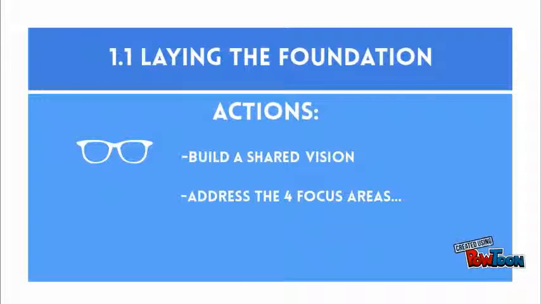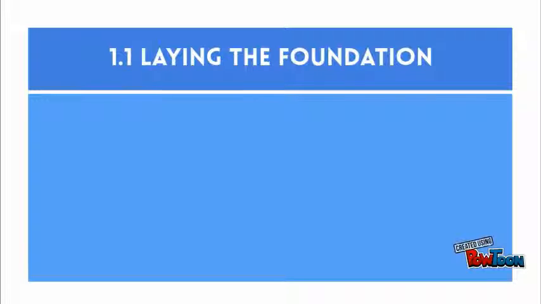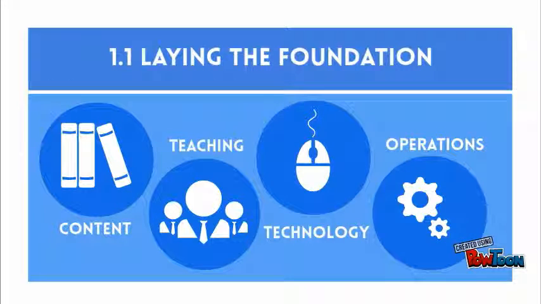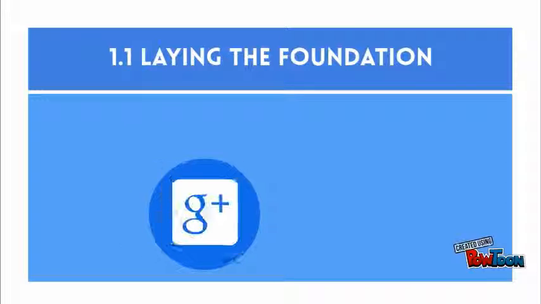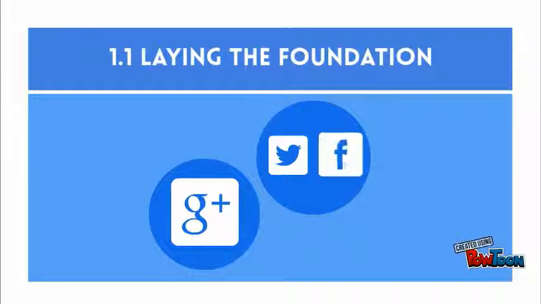Number 3, address the 4 key focus areas discussed in the Keeping the Pace with K-12 online learning guide. The 4 key focus areas are content, teaching, technology, and operations. In my plan, 4 work groups, made up of a variety of stakeholders, will be formed to focus on each of these respective focus areas. They will answer questions and develop a plan for each one. To keep with the blended nature of the program, in my plan, stakeholder groups will communicate and record their work using shared tools such as Google Docs, and updates can be distributed to all stakeholders via e-blast, blogs, and posts